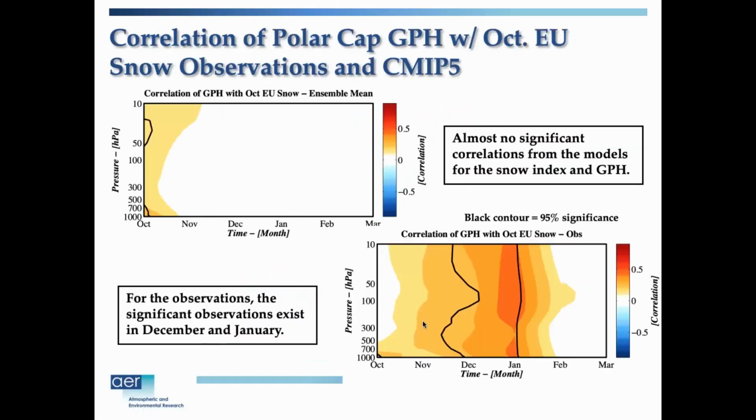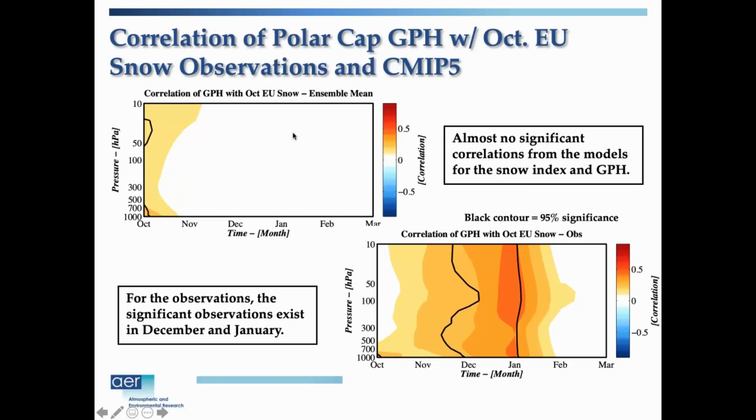And again, one reason I showed that was just to show the difference between the models. That was daily values, but here's looking at monthly to compare with CMIP, which also shows in the monthly value. So you can see there's some stratospheric warming, negative AO, both in the stratosphere and the troposphere here in January, that shows up when you correlate Eurasian snow cover with this polar cap heights, right? And you see the significant correlations, which are shown by the black lines in December and January.